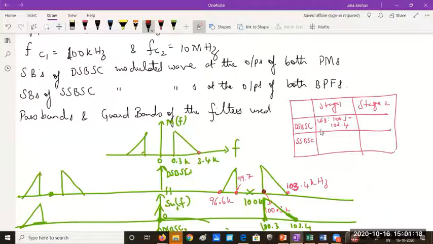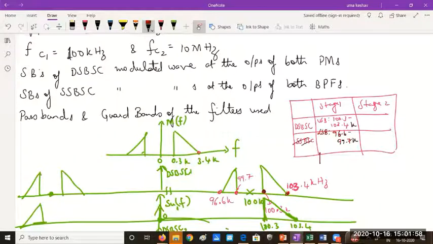And LSB ranges, here I haven't given sufficient space. The LSB ranges from 96.6 to 99.7 K in the first stage. So all this is first stage output. Okay. Similarly, stage 2, you look at all this ranges should be mentioned. They are the sidebands. So stage 2, what is it? Can you list out all this at home? Yes or no? Yes, ma'am.